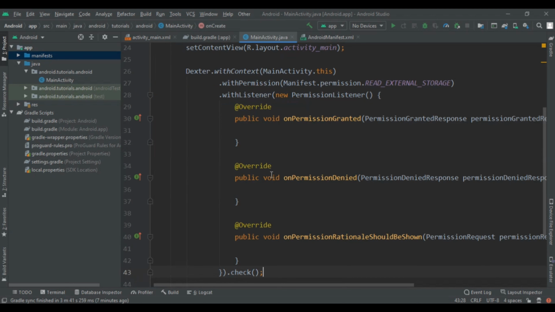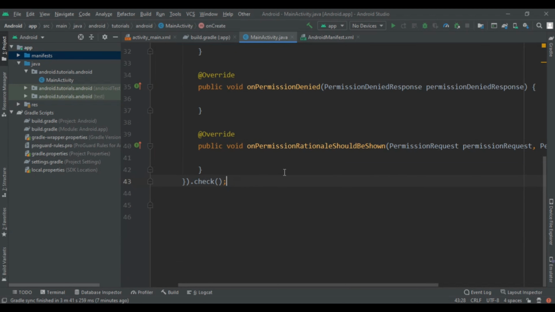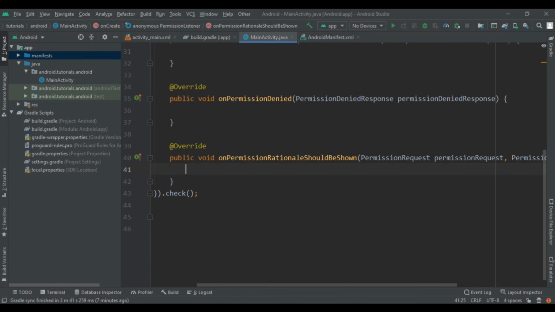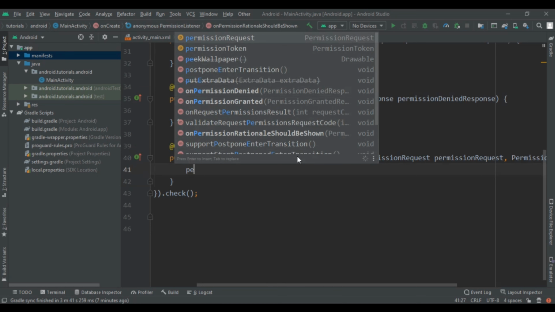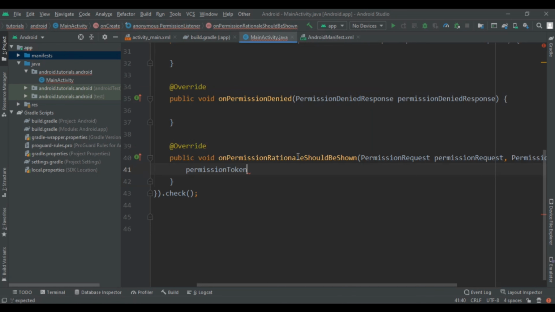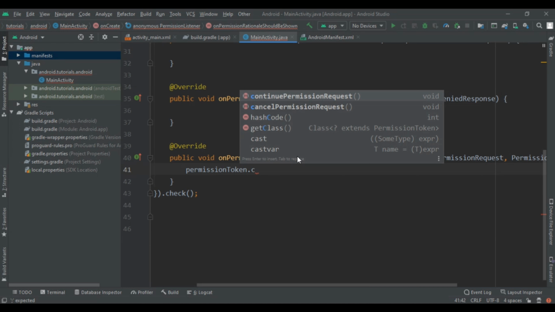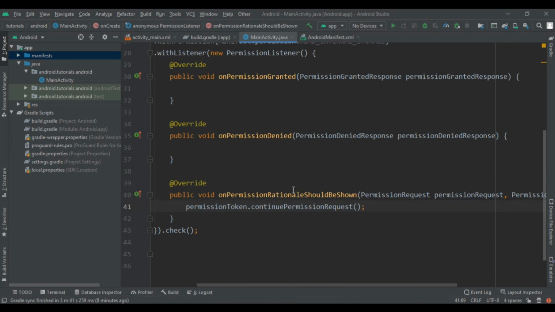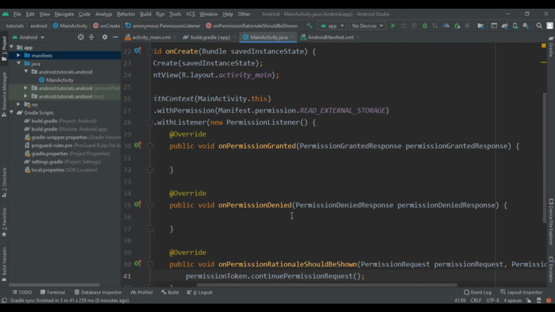First we are going to start with permission denied. Here we have to write permission token dot continuePermissionRequest. After, when our permission is denied, we are going to start an activity to our app package.